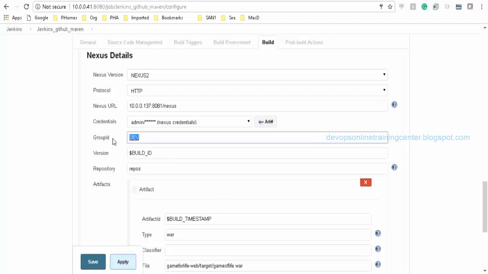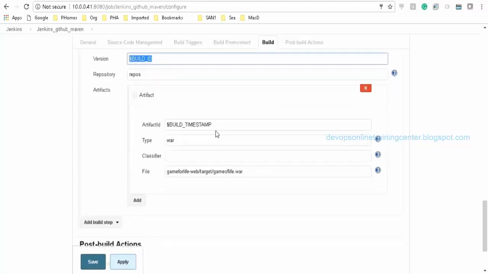So I said group name as dev, version as build ID, repository as repos, and I want to store the binaries inside a directory with timestamp. That's why I'm using a variable called build underscore timestamp. This is not the Jenkins default one. For using this, I have installed a plugin called build timestamp. Type is war file I want to store on the repository. File is the location of the file.